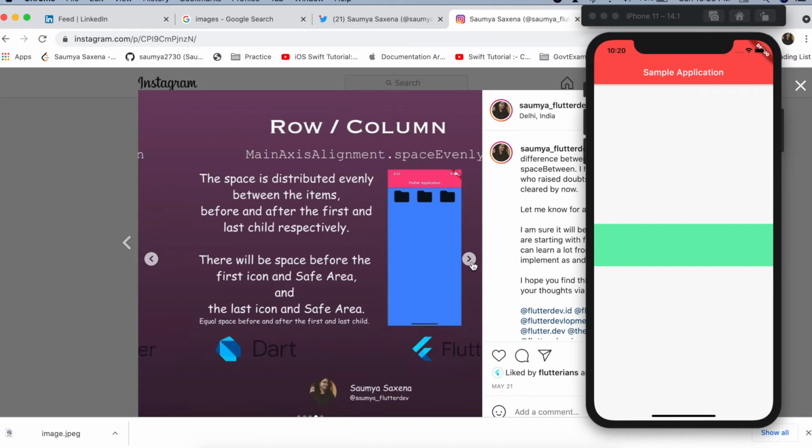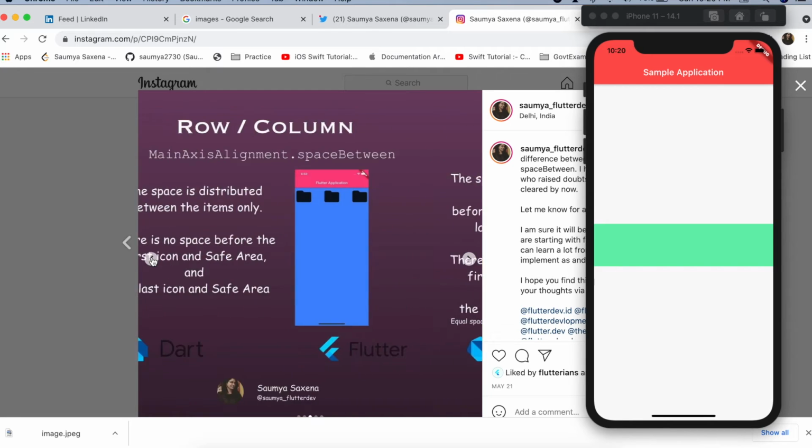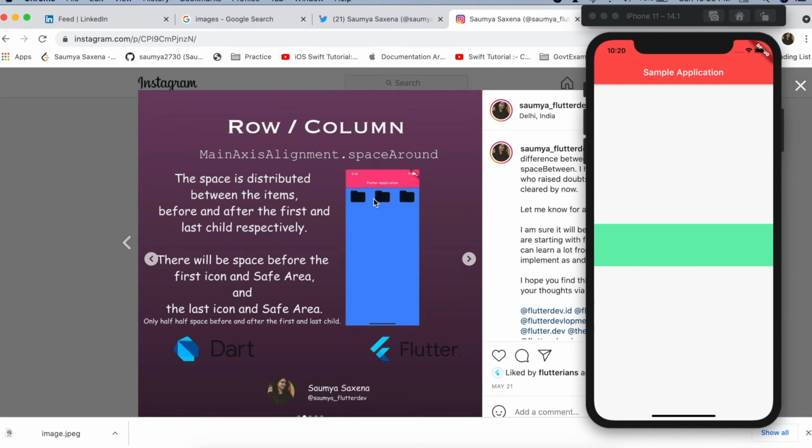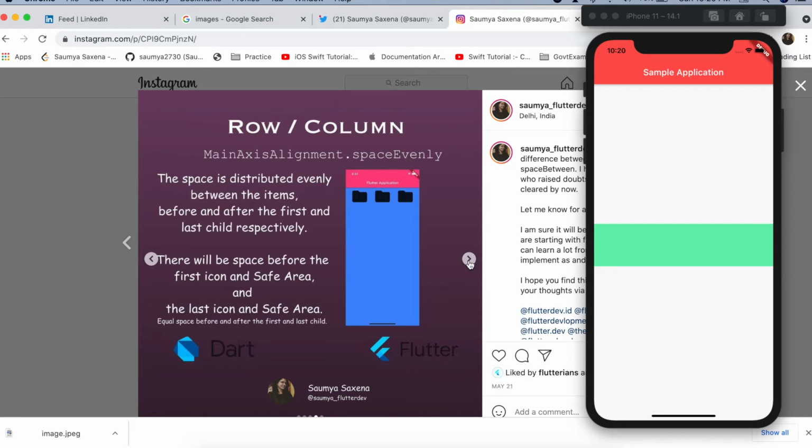Equal space. Then we have space evenly. Space evenly means we have space evenly distributed before and after and in between all these things. As you can see, in this one we have spaces around these two and this one also, but the space is not evenly distributed. So here the space will be evenly distributed like this.